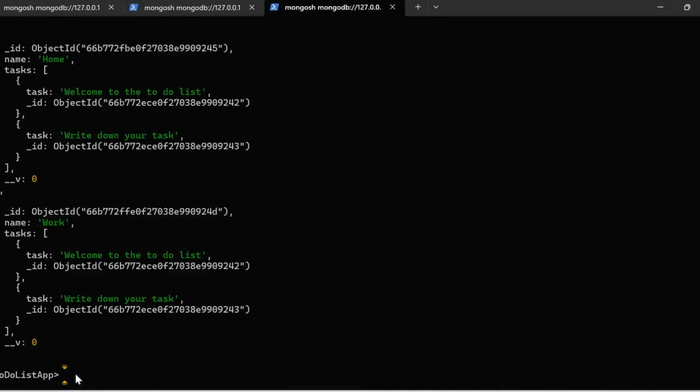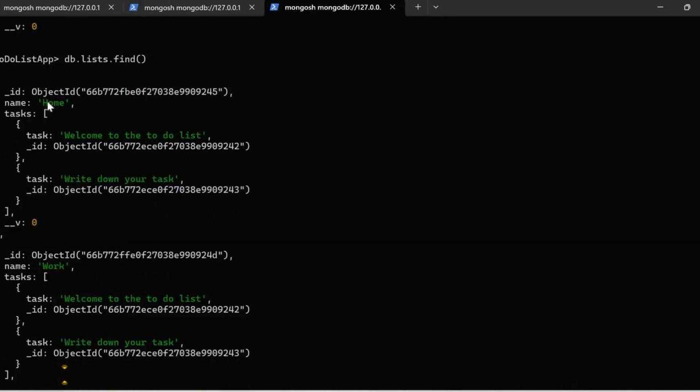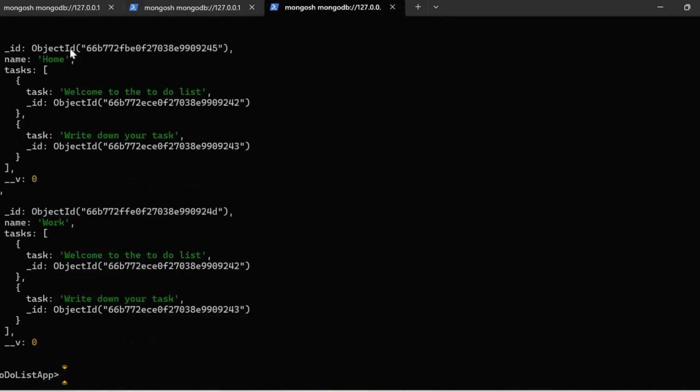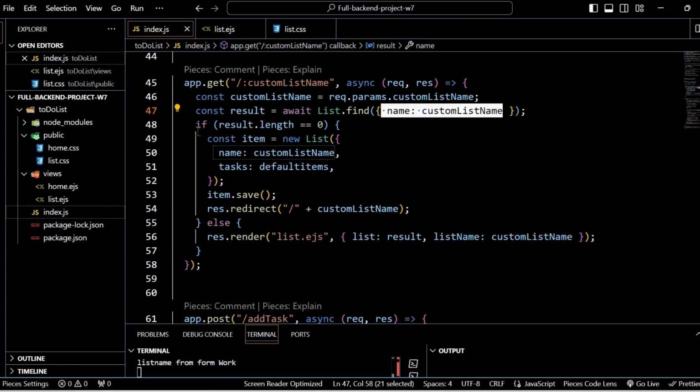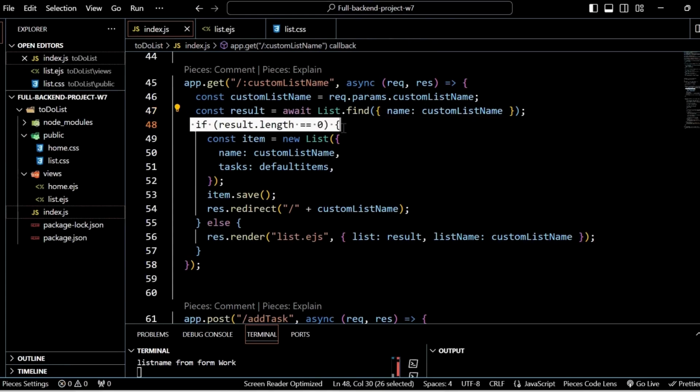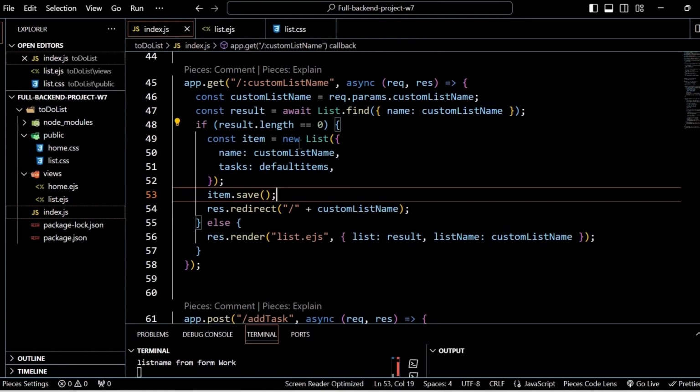So to check whether any duplicates are there, I'm going to again find everything. And here you can see there are no duplicates. Although I clicked on the home button twice, it is stored only one time, because the home list is just one list. So we don't want duplicates. The code that we had written, checking whether result.length is equal to 0, worked properly. That is the conclusion we can draw over here. When it is 0, that's when we are creating, otherwise we are not creating, and it will directly